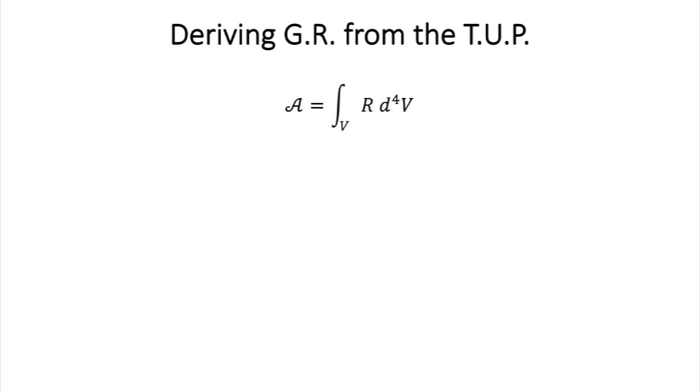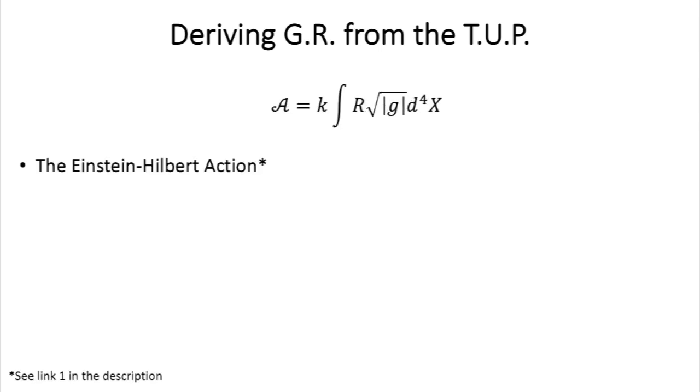So we could try the action being equal to this, here, where the Lagrangian would be the Ricci scalar. But the problem is that we want to make sure that the action will be invariant when we change coordinates. And both Einstein and Hilbert came up with the solution, it's called, not surprisingly, the Einstein-Hilbert action, defined by this here, where G here is the determinant of the metric tensor.